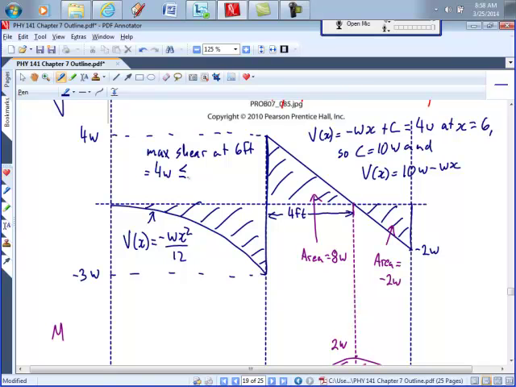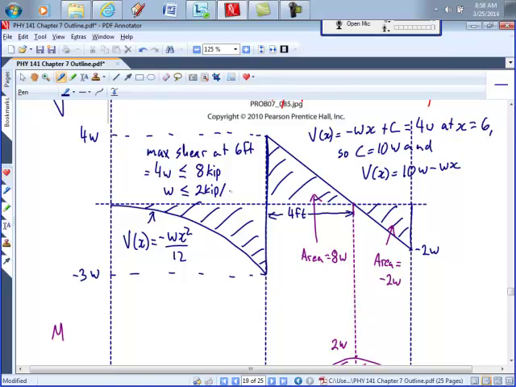And 4w is going to have to be less than or equal to 8 kips. So from the shear, we would have w is less than or equal to 2 kips